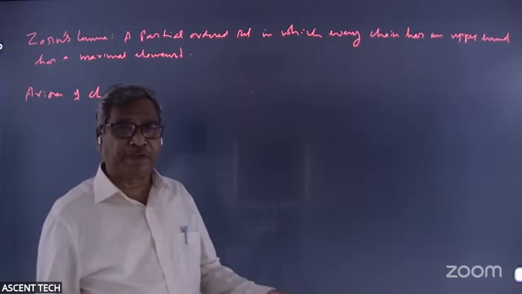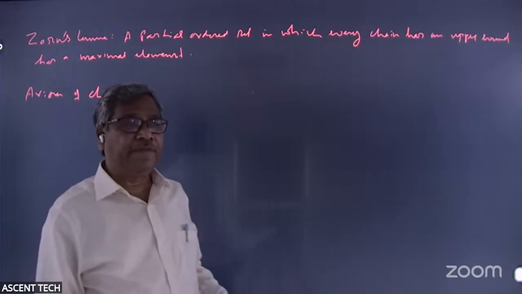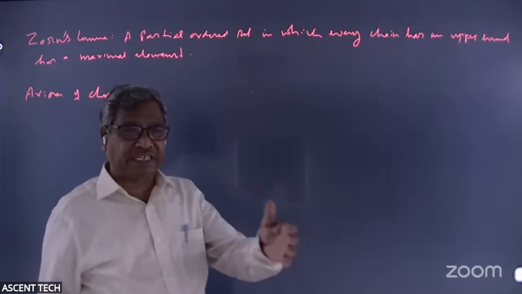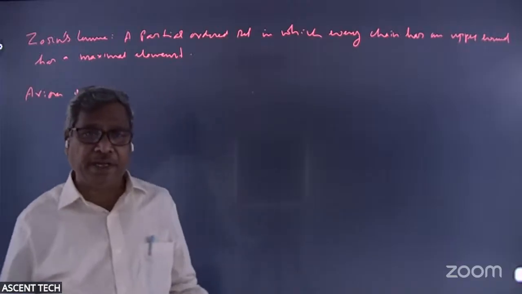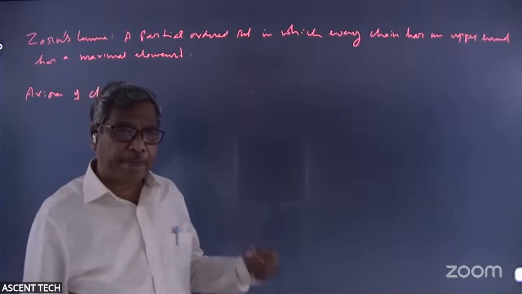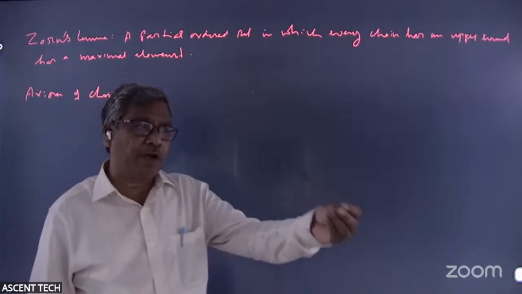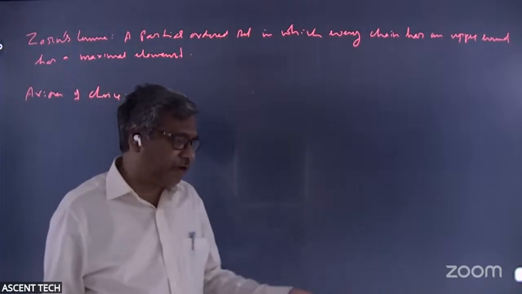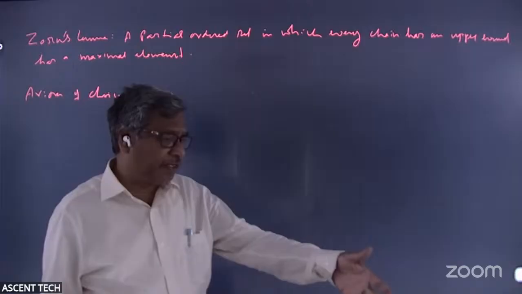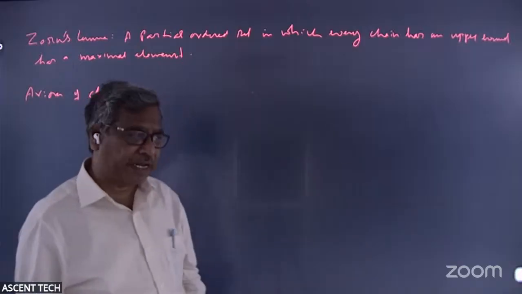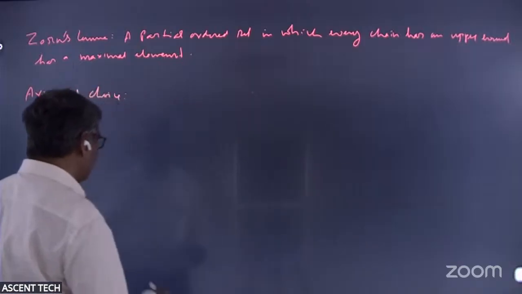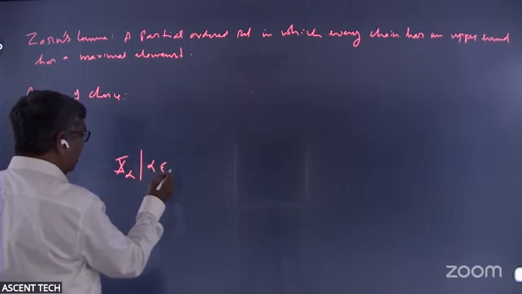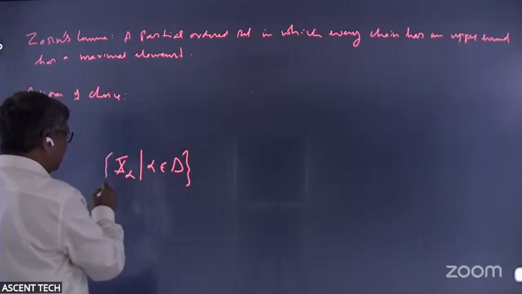Indeed, if I have finitely many sets X1, X2, up to Xn, each known to be non-empty, I can choose one element in X1, one in X2, and so on, one in Xn. That is obvious. Now, in general, if I have a whole collection of non-empty subsets,